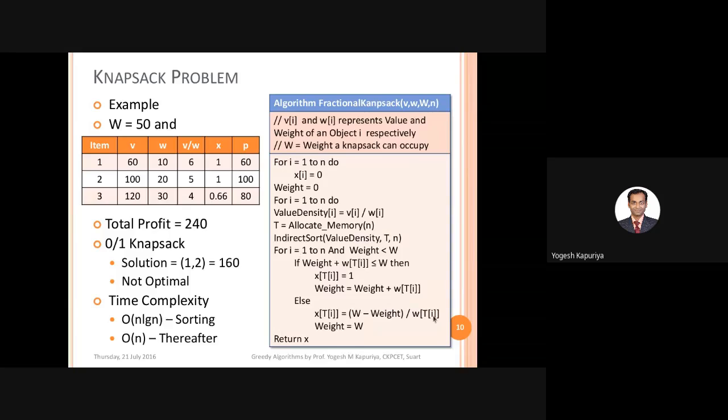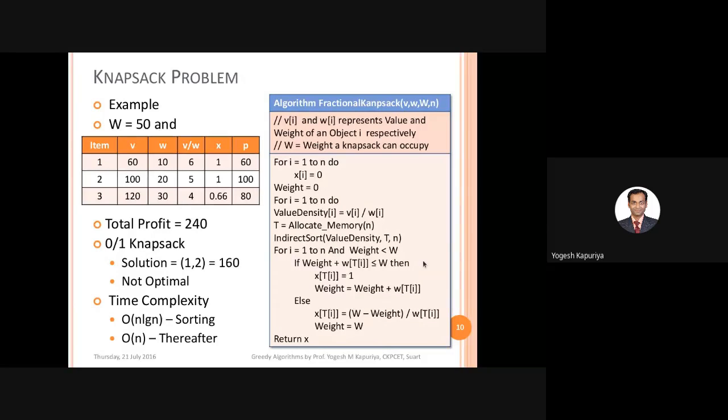Then you have another for loop, for i equal to 1 to n and weight is less than w. If you are counting the upper bound, the maximum, or the worst case I should say, in worst case this loop will run n times because it is 1 to n. Obviously it will stop before that due to this condition, but in worst case it will run n times. So obviously one more time for exit control, so it is n plus 1.